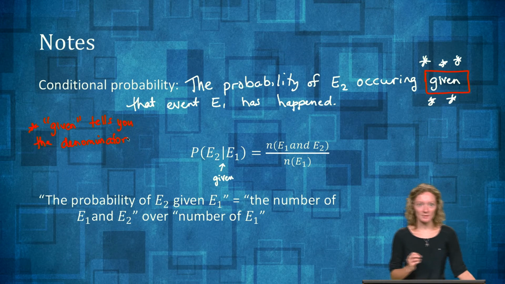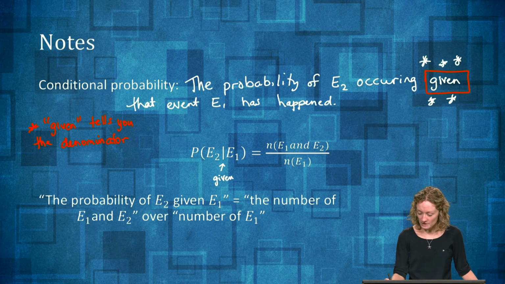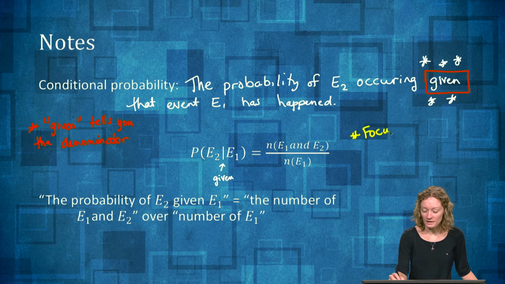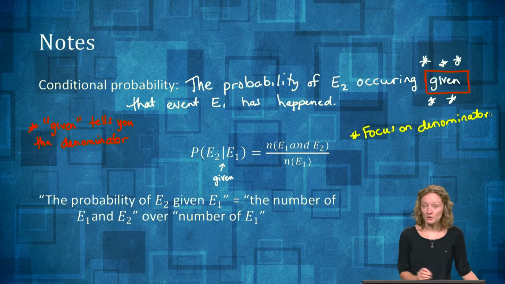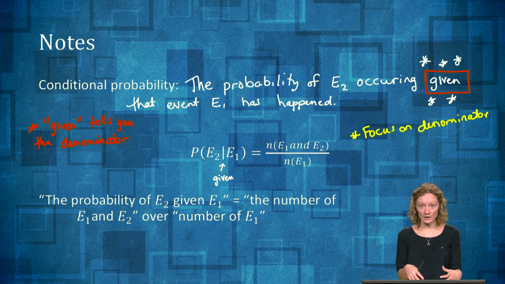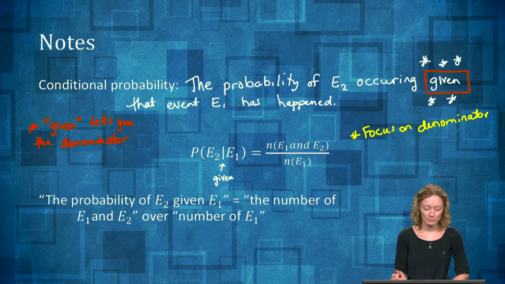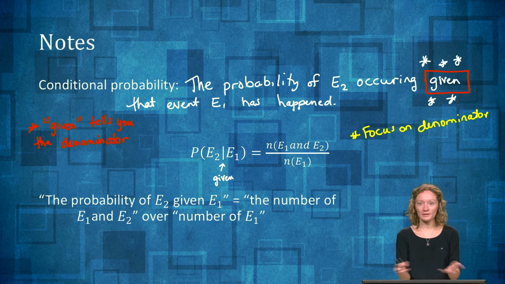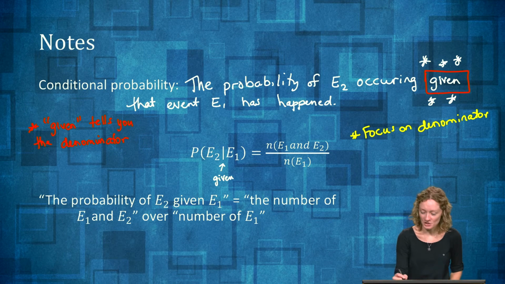This all sounds scary, but it'll be better once we start to see some examples. The other thing that I want to suggest to you is that you focus on the denominator first. We have been doing that, and part of the reason we've been making that our focus first, and then coming up with the numerator, is that once you're in conditional probability, you're already conditioned to do that. So focus on the denominator